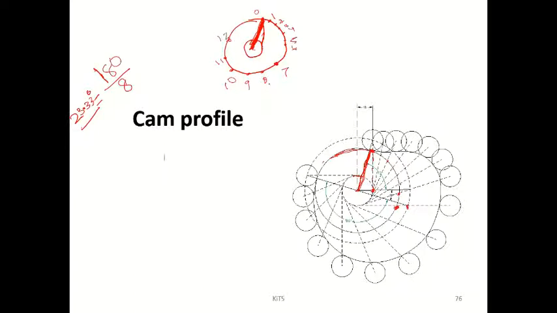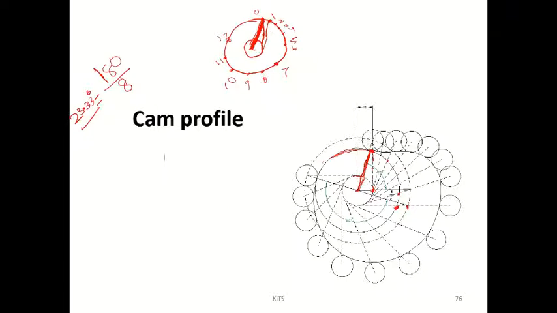Okay, you have to draw lines like this. After marking points up to 12, take your scale and keep one end of the scale on this point. Another end should touch this circle. That's all, like this. It should not get inside the circle. It should just touch the circle.